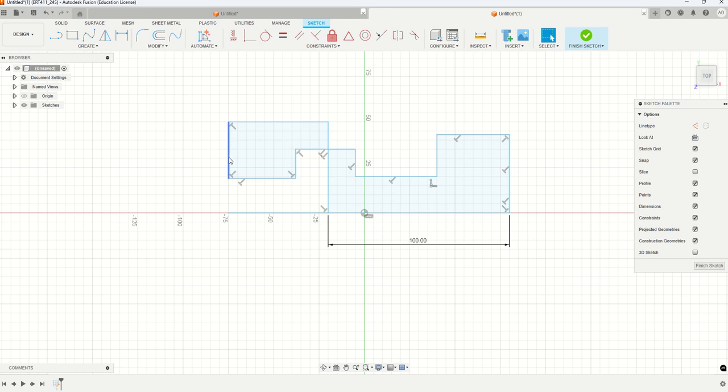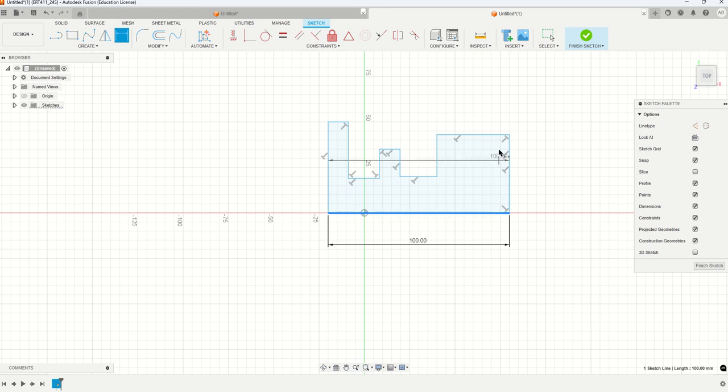But what you're going to notice here is as you change things, it will actually fix all these lines for you. Let me change this here. Alright, the height overall here